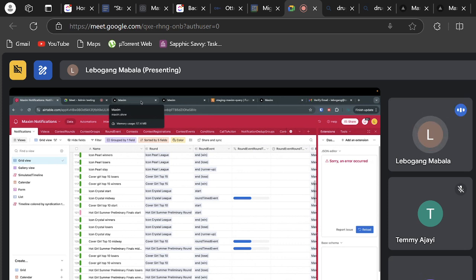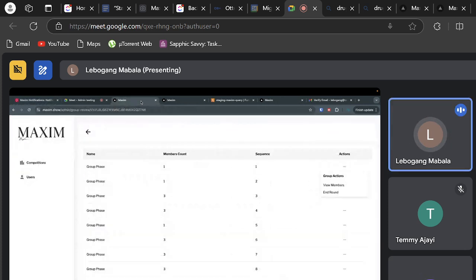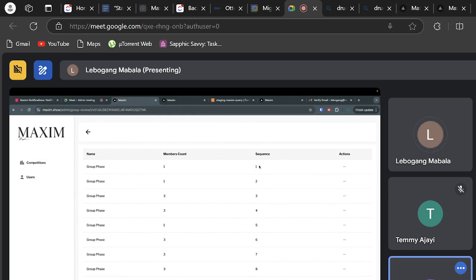I added it there just to distinguish between them, because the name is the same, right? Imagine if there's no sequence, just group phase and everything is the same. So the sequence just shows that this is a different instance of the group, not the same thing. Oh, okay. Yeah.